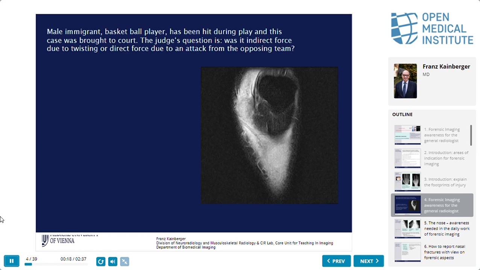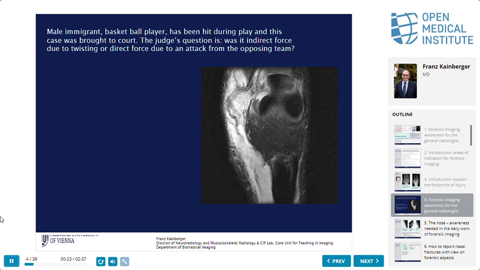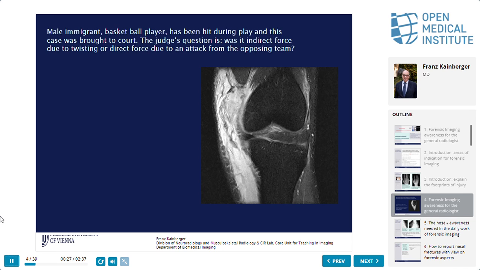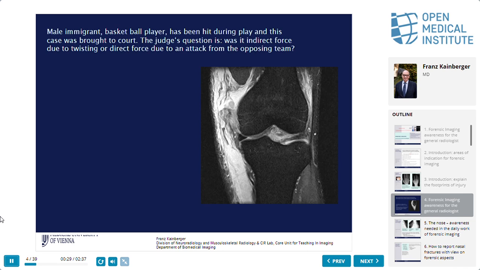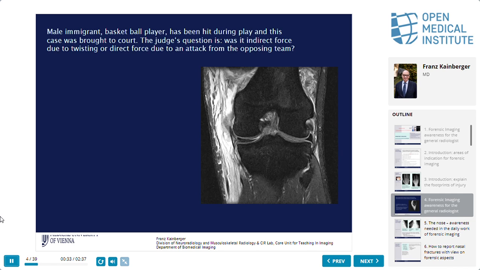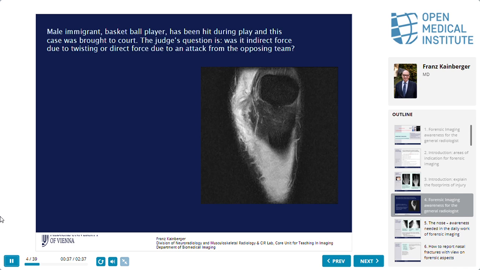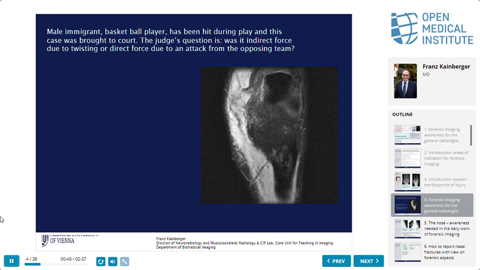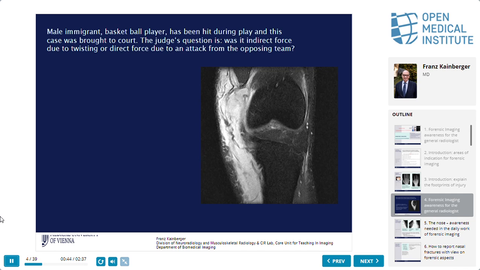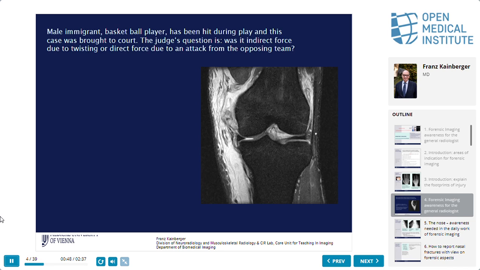He was hit during play, and this case was brought to court because the question was whether it was an indirect force, so that the patient twisted during the game and hurt his knee, or, as the patient said, he was attacked by the opposing team. He was a very tall immigrant, 190 centimeters, almost 2 meters,